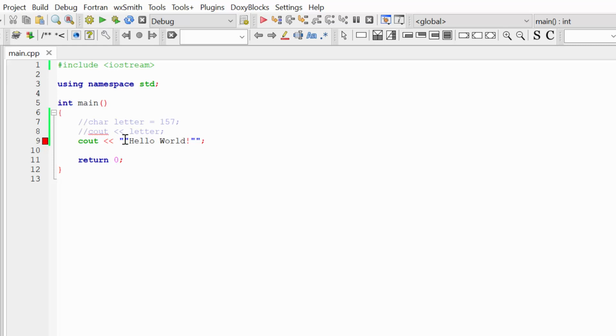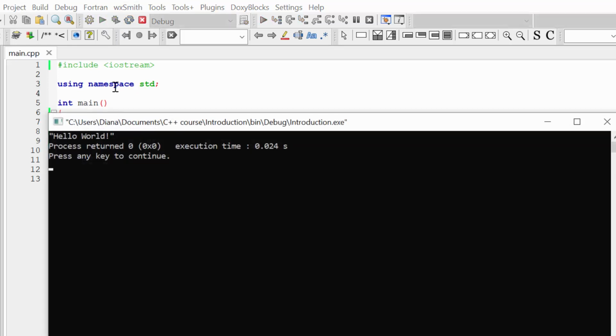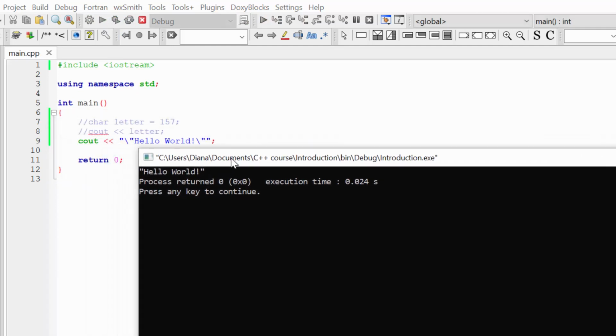So if you want to type double quotes in the console, you should include slash quotes. And now let's do the same for the end of our string. Here we're going to add slash quotes. Now let's build and run our program, and you can see that now everything is okay, and I see hello world in quotes in my console. So once again, if you want to type quotes in the console, you should type slash quotes instead of just quotes.